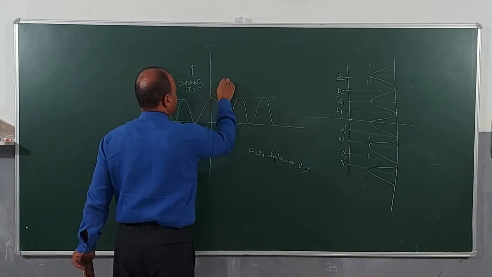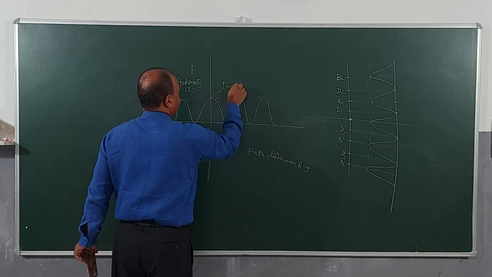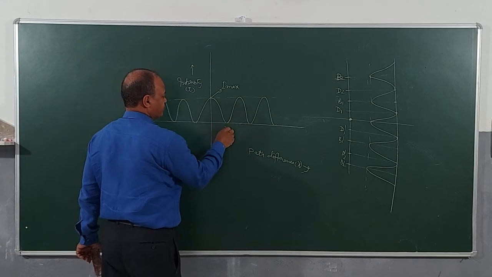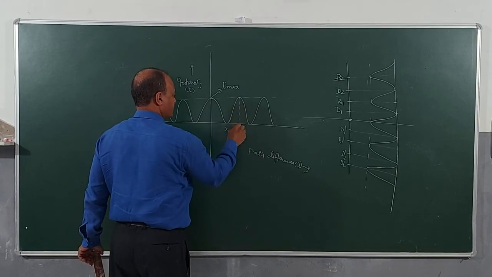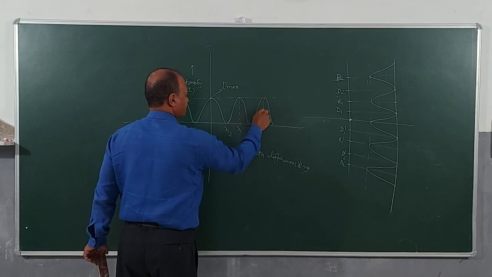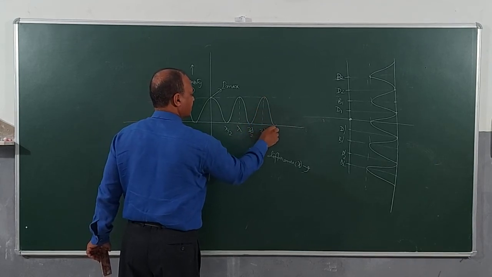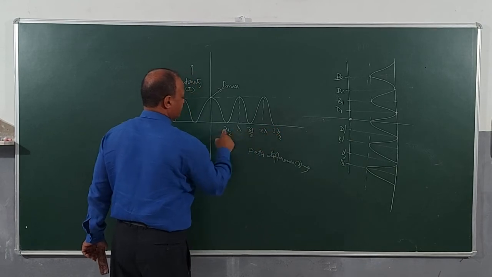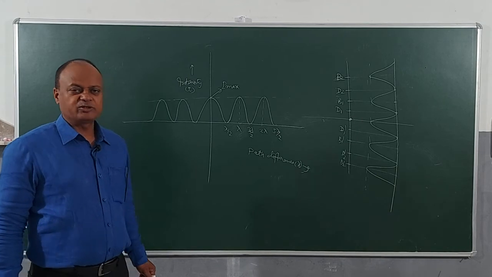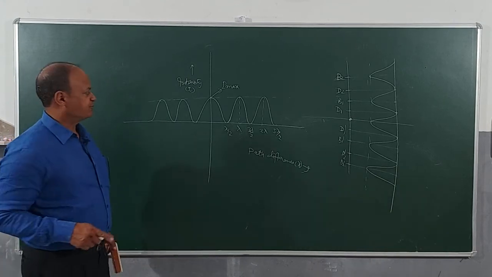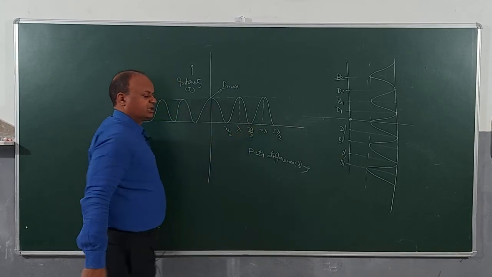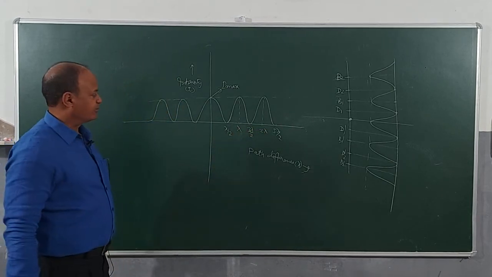And this is I max, the maximum intensity. Path difference here is lambda by 2. Here it is lambda. This is 3 lambda by 2. Here it is 2 lambda. And this will be 5 lambda by 2. So you can see wherever the path difference x is an odd multiple of lambda by 2, we are having a dark spot, and where it is even, lambda, 2 lambda, we are getting a maximum or a bright spot.